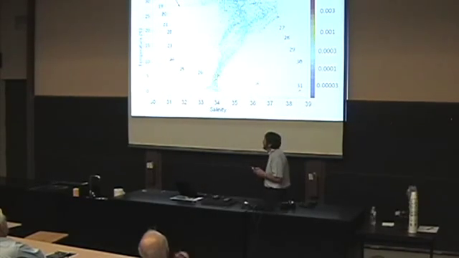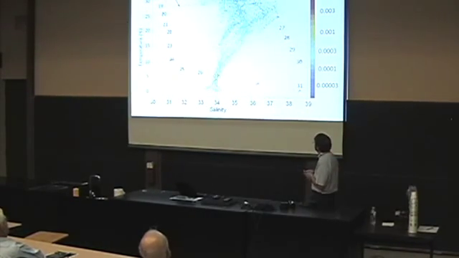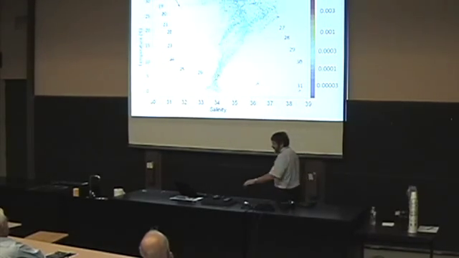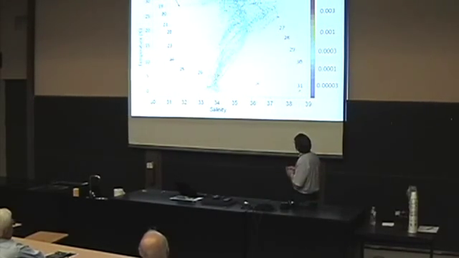You can even do density, temperature, salinity plots, and these are isopycnals of density, and the color is the concentration of PIC, and typically, now this is global data, you can see where the coccoliths hang out in terms of